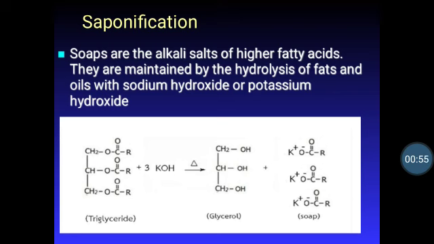Saponification is the process of making soap. Then the question arises: what is soap? Soap is the sodium and potassium salt of fatty acid. How can soap be made? If you have a triacylglycerol, you know that in triacylglycerol there is one glycerol molecule and it has 3 carbons. In case of triacylglycerol, the 3 carbons are attached with fatty acids. Fatty acids may be similar or different.